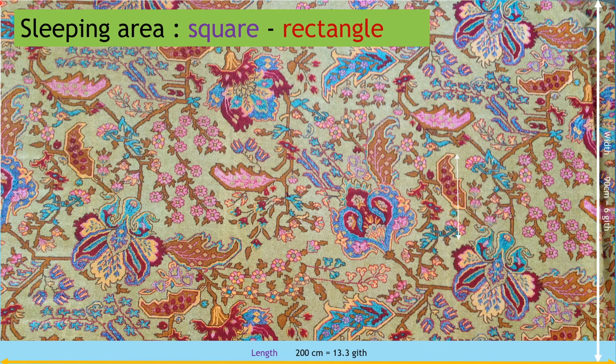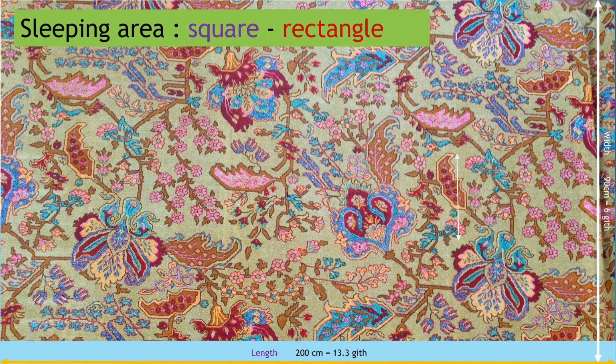So a mattress, the lengths are equal and the width this side is equal to this side. So width varies from 90 centimeter, approximately 6 girah in the Indian subcontinent. Length 200 centimeter, 2 meter, approximately